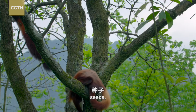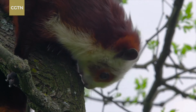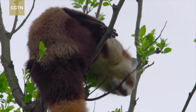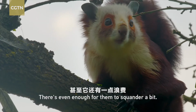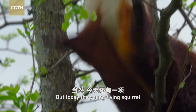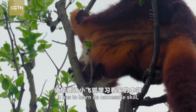Fruits, seeds, shoots, budding leaves, and insects are their favorite food. Obviously, food is not lacking around here. There's even enough for them to squander a bit. But today, the young flying squirrel faces a bigger challenge. It has to learn its namesake skill: